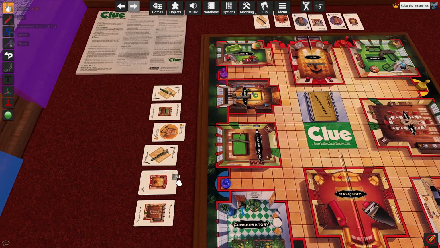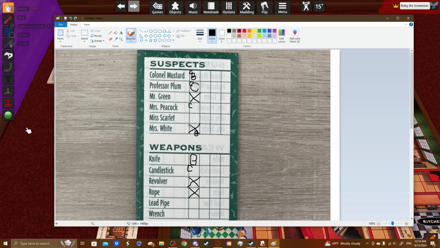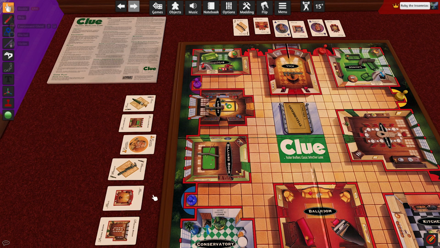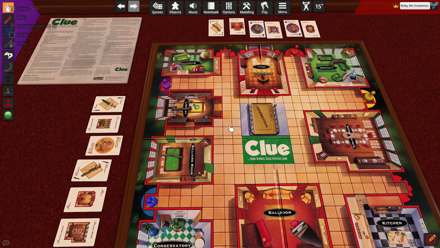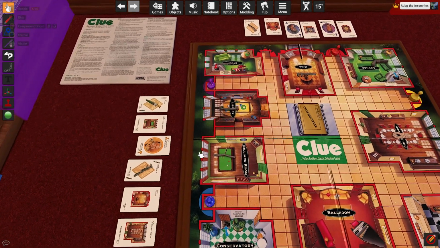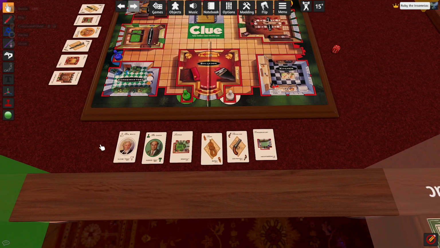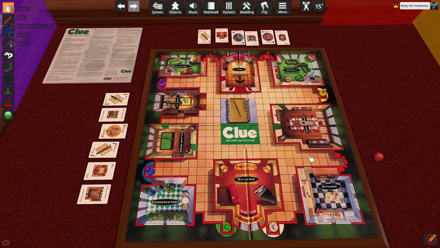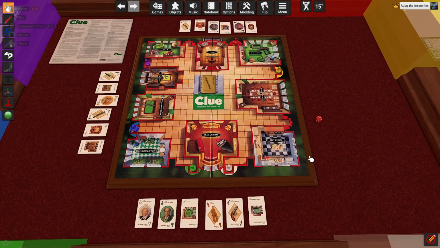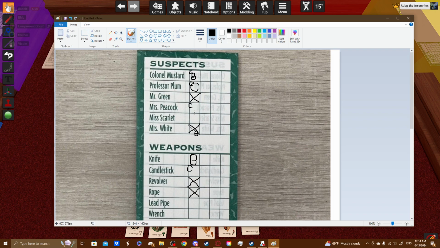B goes again, asking, Miss Scarlet in the hall with the wrench. No, Miss Scarlet. No wrench. No hall. Uh-oh. No one has it. That means